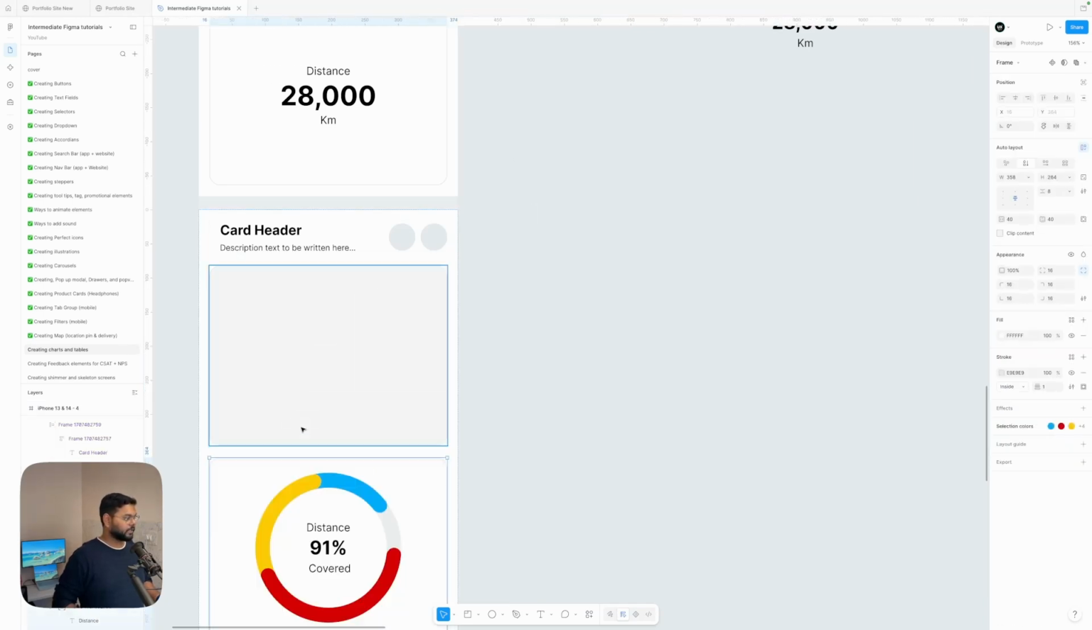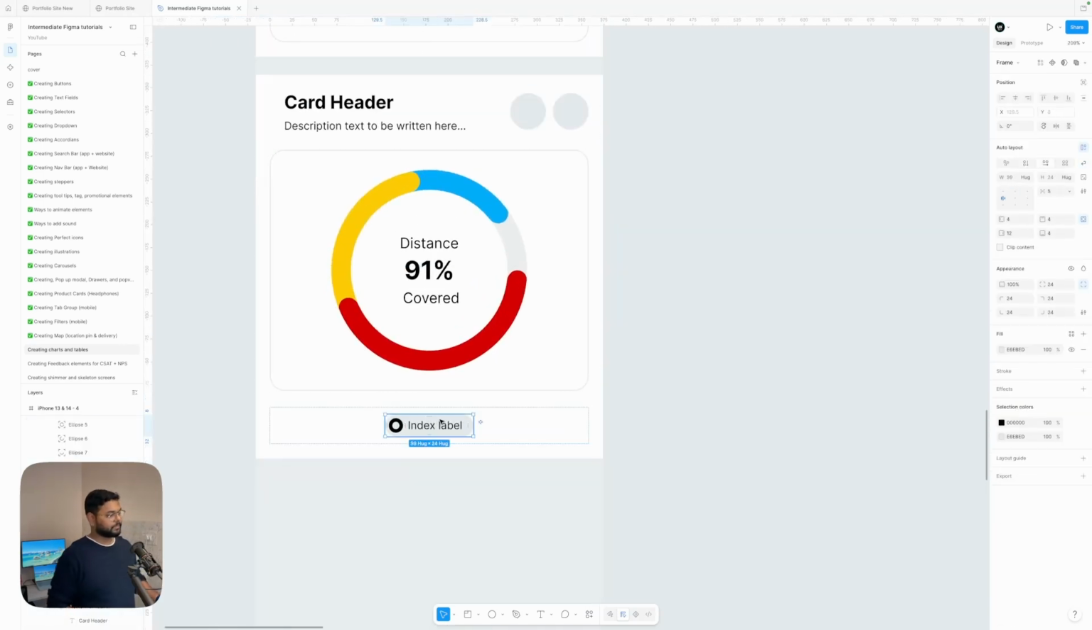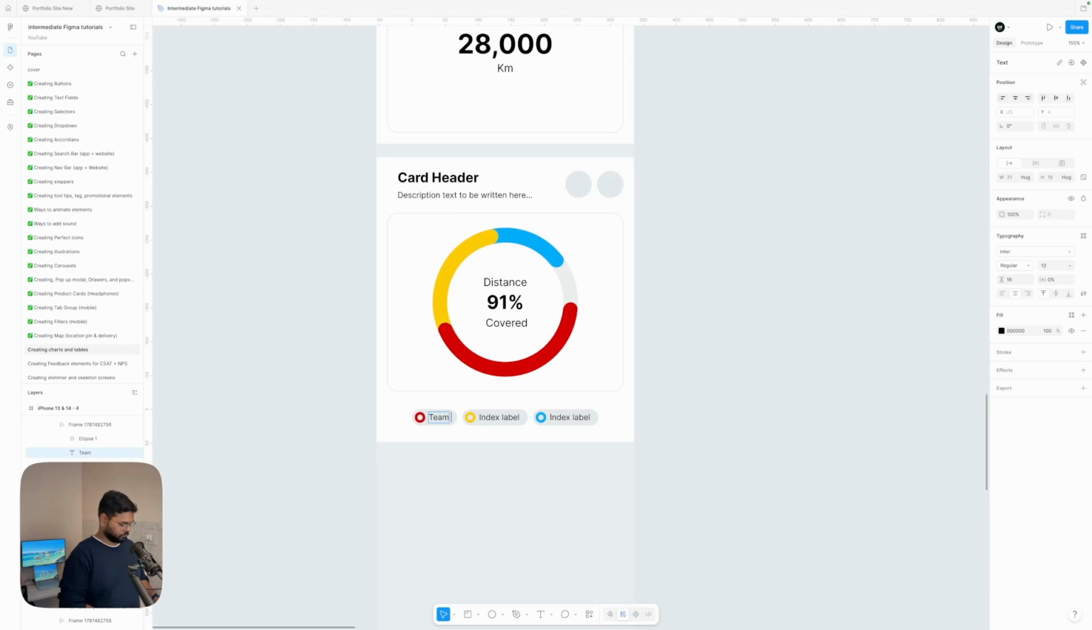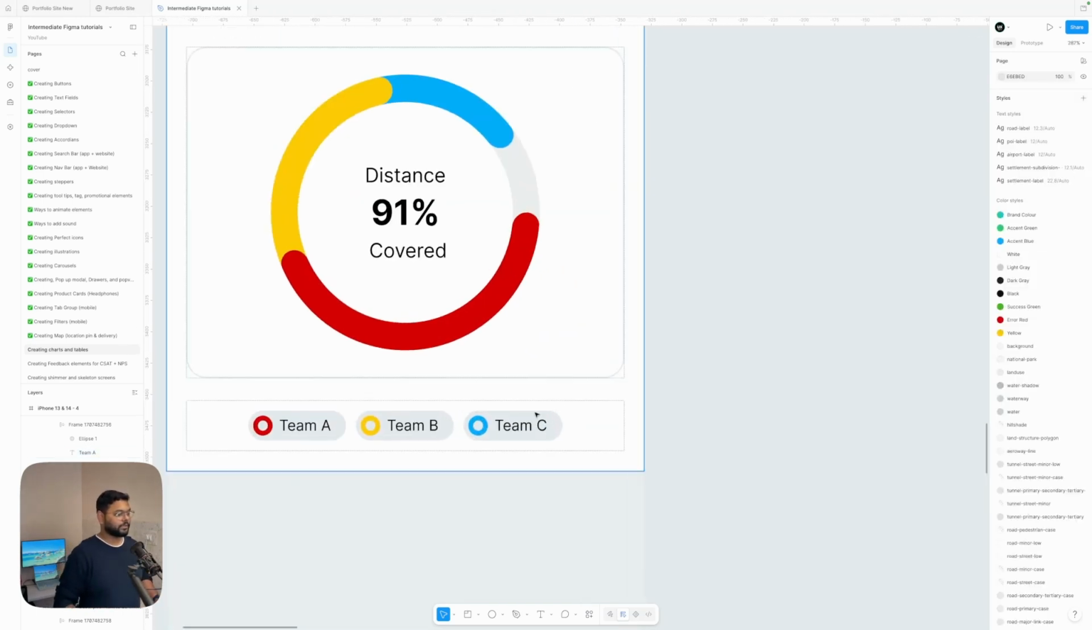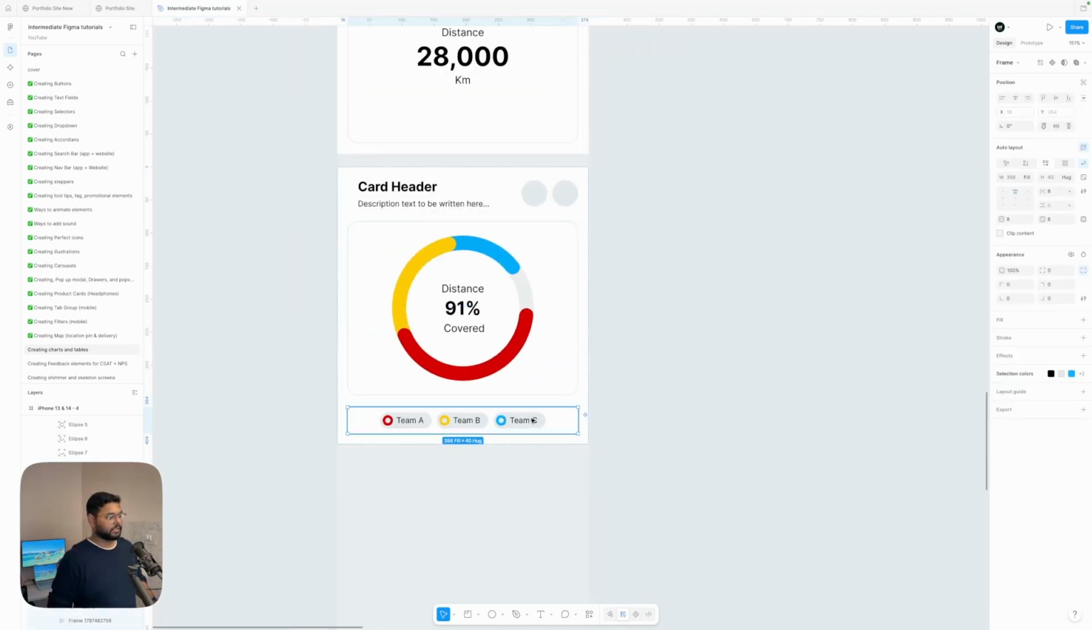Now I'm gonna put it here, remove this, and rename all these index layers or index labels. And the first one I'll pick red, the second would be yellow, and the third would be this. Alright, so it will look something like this and should make sense what it is and what it is